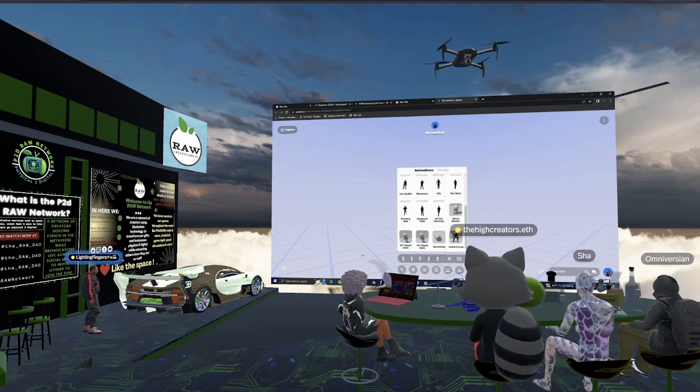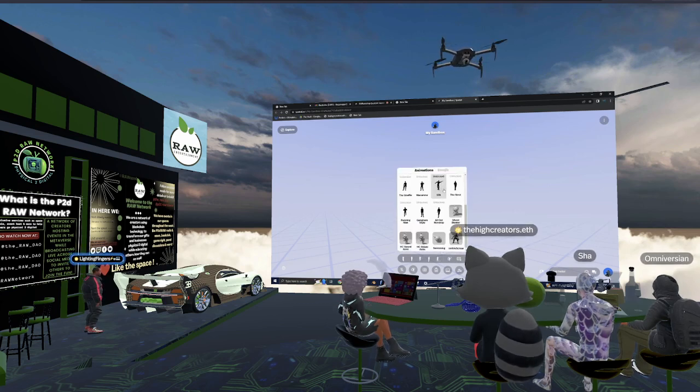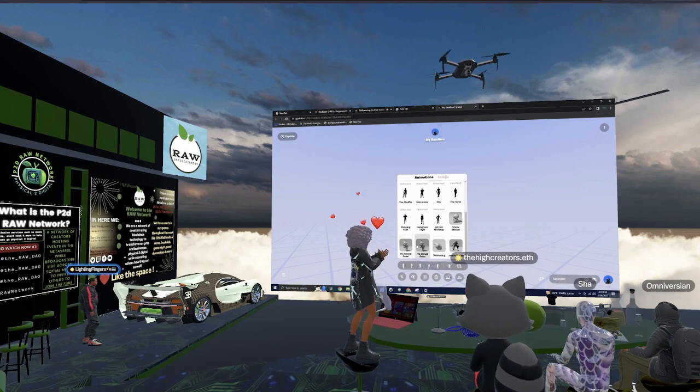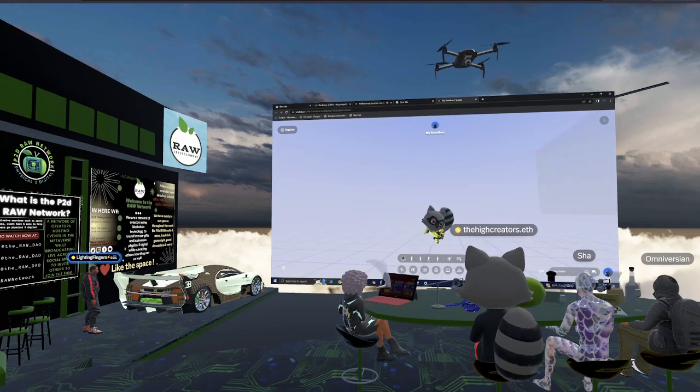So to look for the custom emotes that you publish, you can go to your reactions, and under all reactions, you're going to be able to see all of the dance moves that you have unlocked and all of the custom movements that you have published. So here we have the zombie scream,